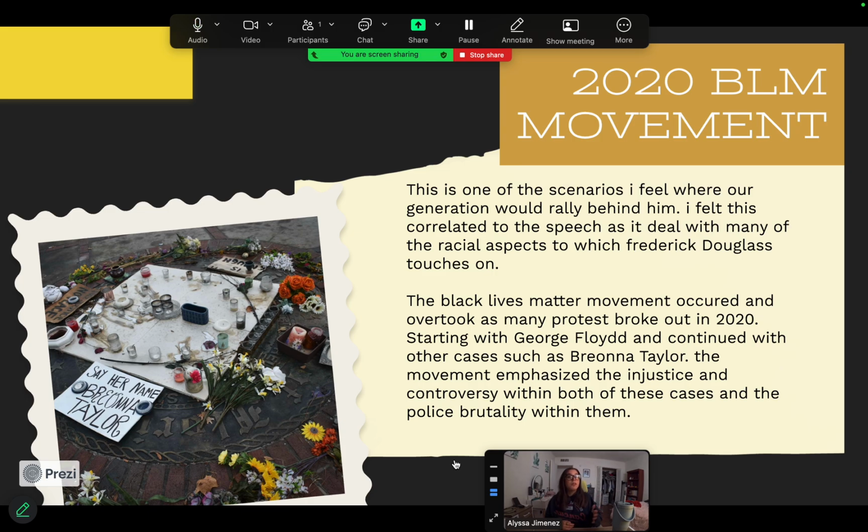Certain wavelengths were met because press was able to take over, and because it was able to take over as many social media platforms as it did. Because I feel like if it didn't, we wouldn't have gotten the Black Lives Matter movement in the slightest, or any of the outcomes that we did in these cases, especially for George Floyd. And I know that the Breonna Taylor case didn't really pan out the way that we wanted it to, but